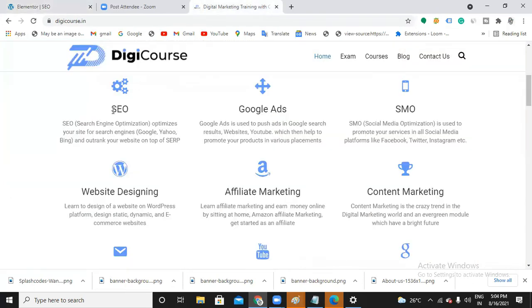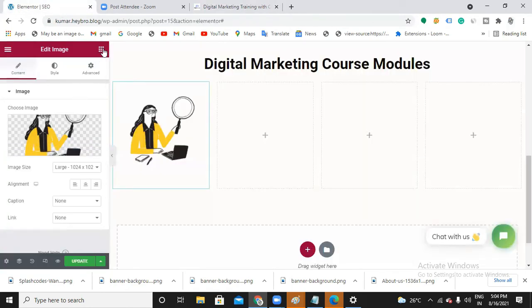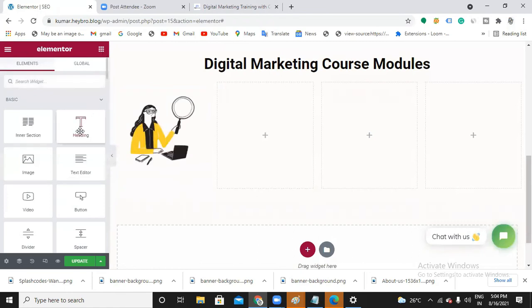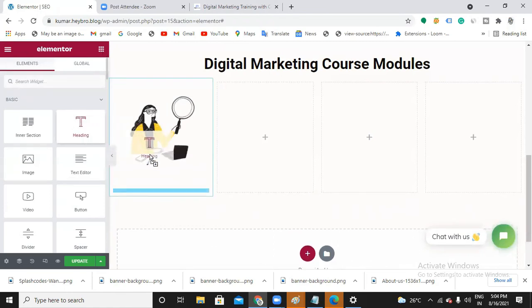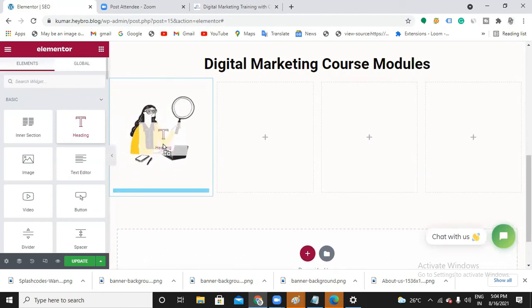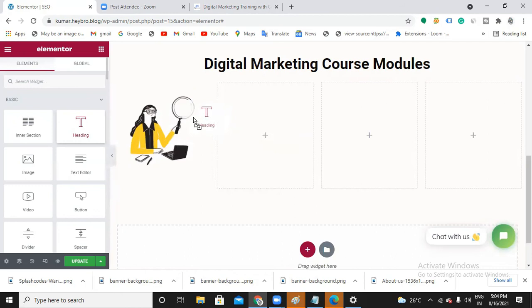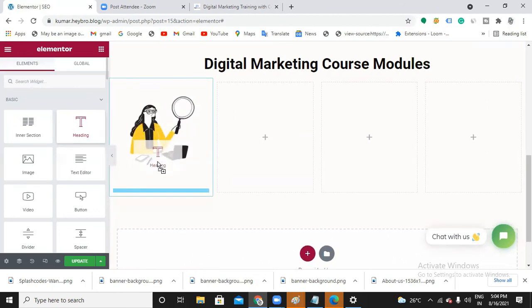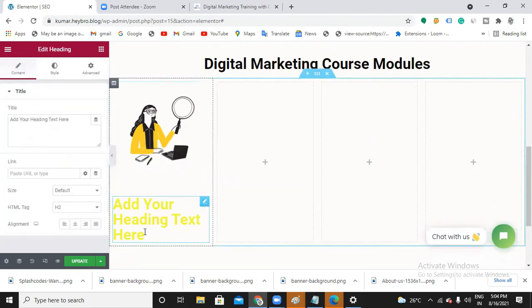And here it's SEO, right? Yes, ma'am. Search engine optimization. I'll write down the text. For writing a text, which element do you want? Heading. So drag it. If you drag that element, it will show you options to drop. Wherever it is showing you a sky blue, that is an option for dropping the element. So now I want to drop it at the bottom.